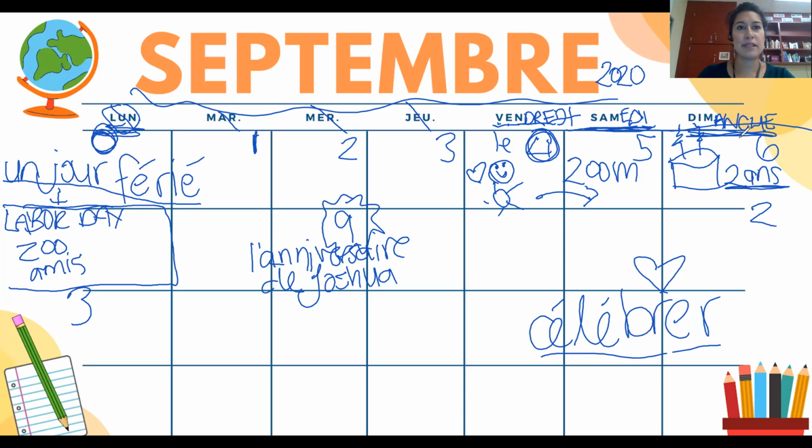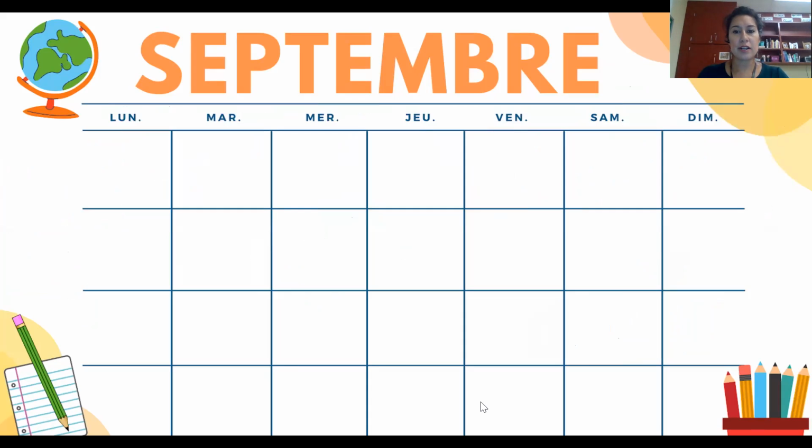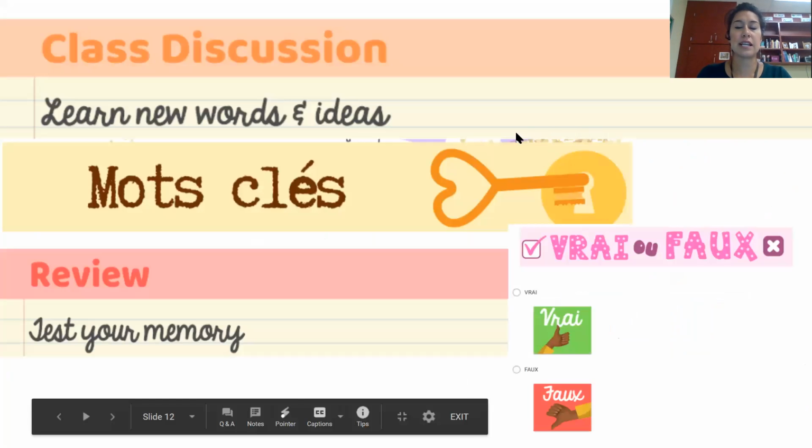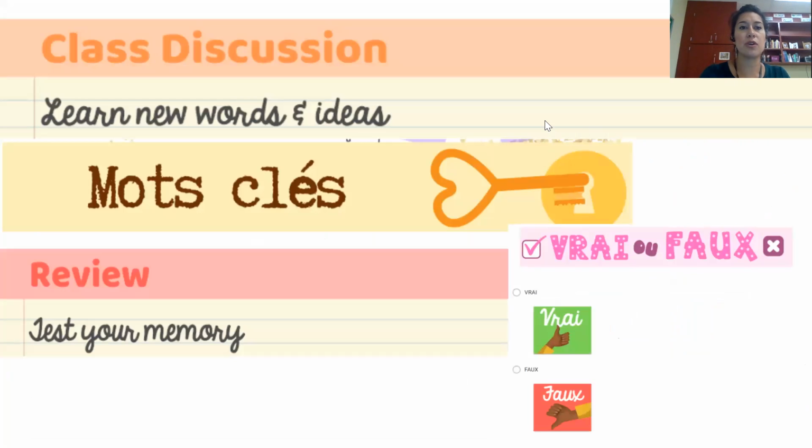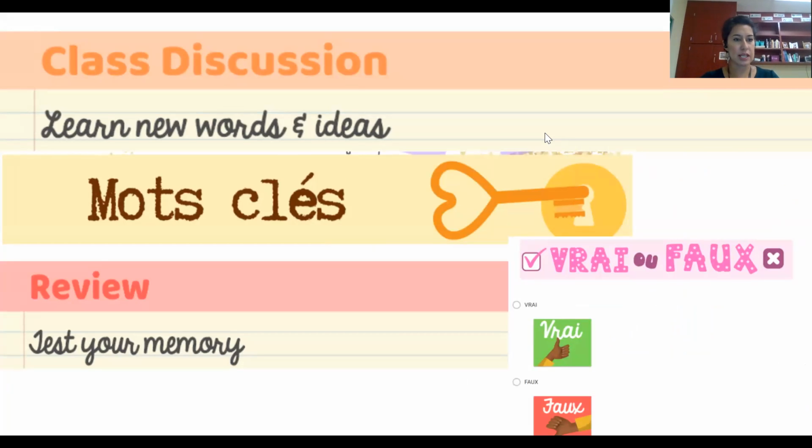Okay. Merci beaucoup, class. So we're going to move on to the next part. So you should have been doing your mots-clés as you were listening, but if you didn't, then just pause the video, continue just typing up some of those other keywords. And then you're going to come to the next part of the form, which is review. And then you're going to see 3 of these vrai ou faux. So I'm going to quickly quiz you vrai ou faux based on the video and what you were learning. Okay, so listen up with me.